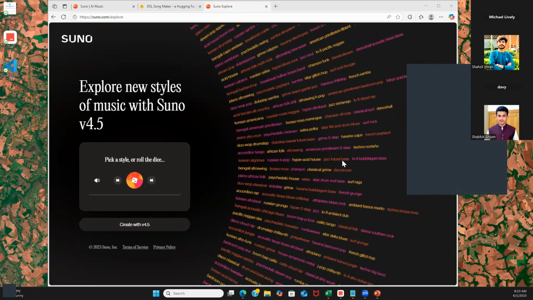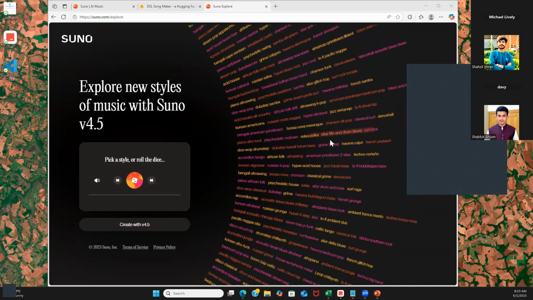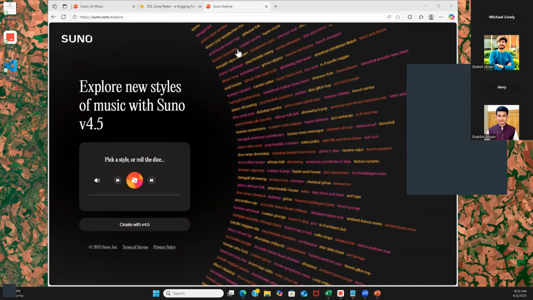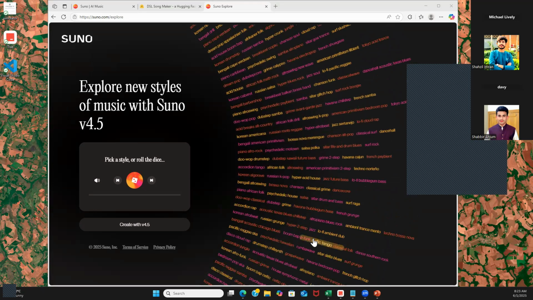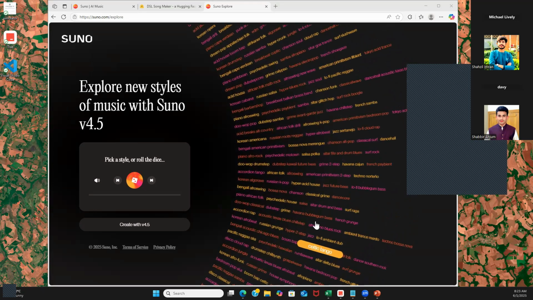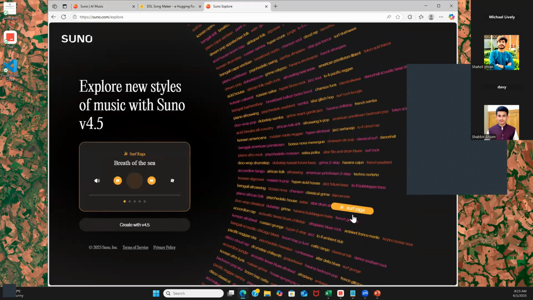Look at all these styles. Each one of these is a dimension in the semantic space. And so that's a dimension we'll be able to go to in the semantic space. So we want all of these, so we can actually go to any of these. And if you click on one of them, you can see it's like, yeah.